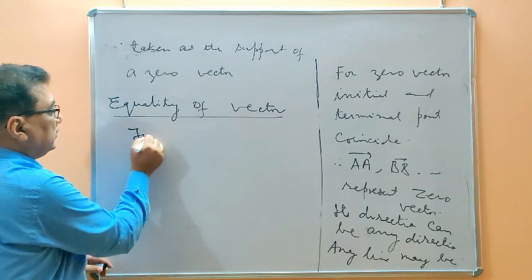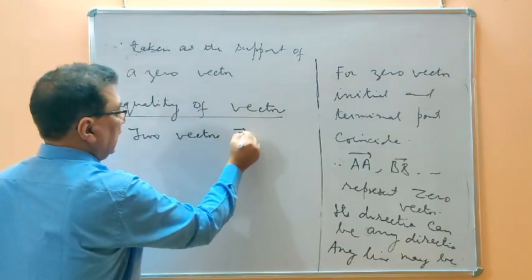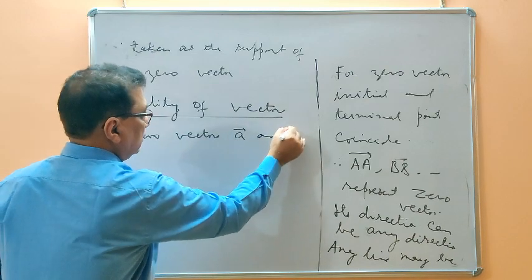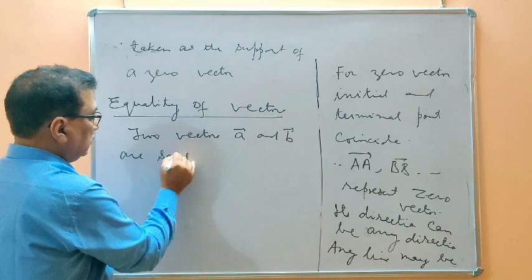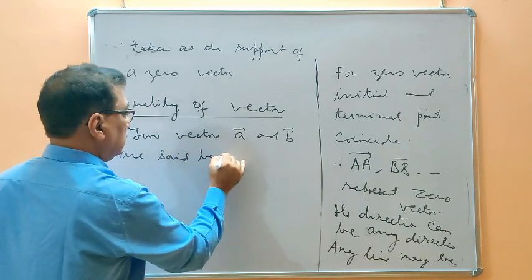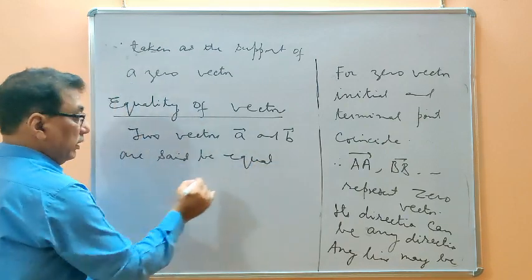Two vectors A and B are said to be equal if